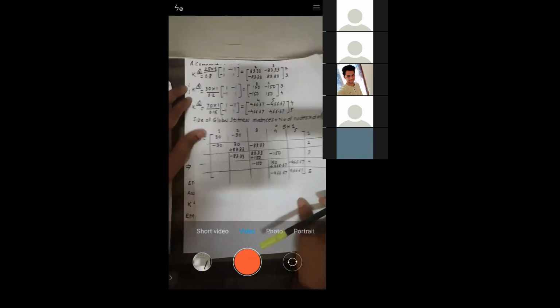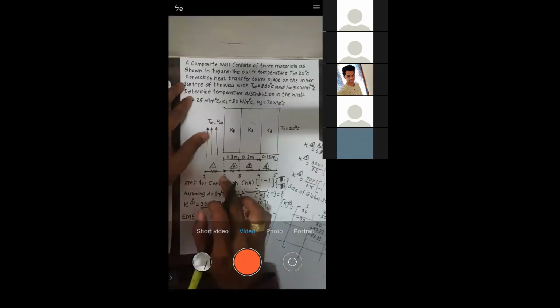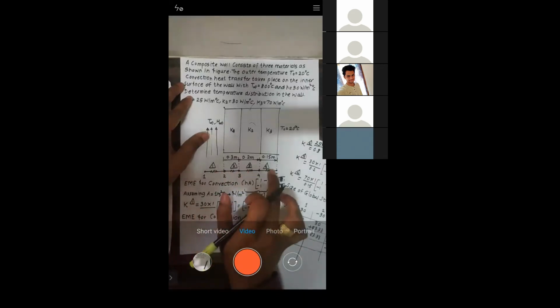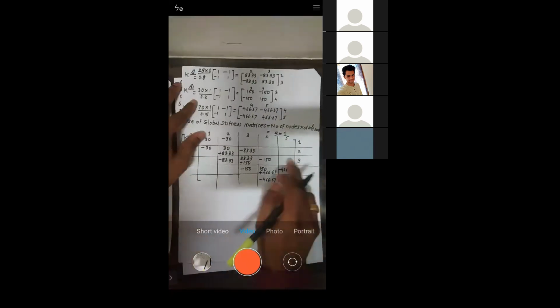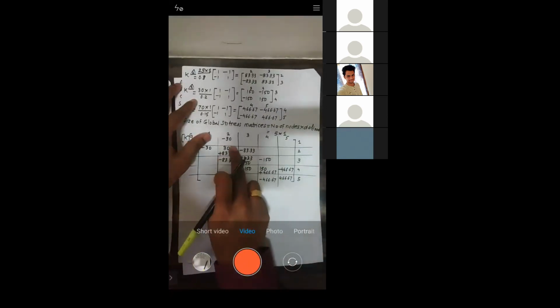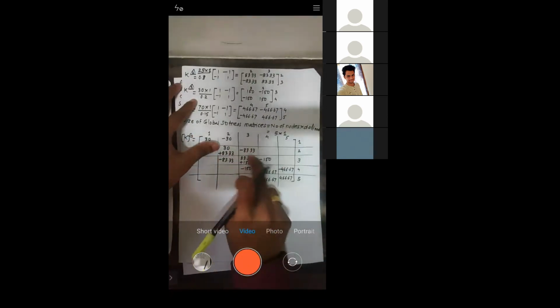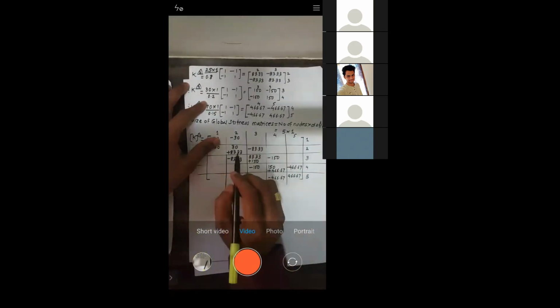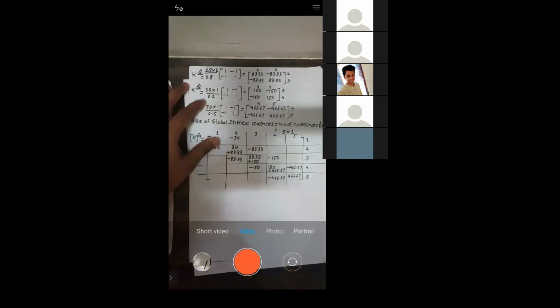Okay. So see, if you look at nodes 2, 3 and 4, at node number 2, 2 elements are connected. At node number 3, again 2 elements are connected. At node number 4, again 2 elements are connected. So at 2 2 you're getting 2 terms, at 3 3 again 2 terms, and at 4 4 again 2 terms. Understood or not? This stands for node 2, this for node 3, and this for node 4.